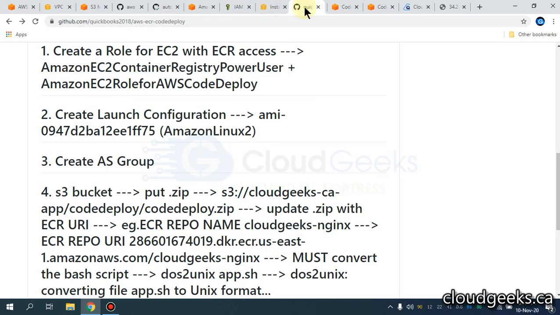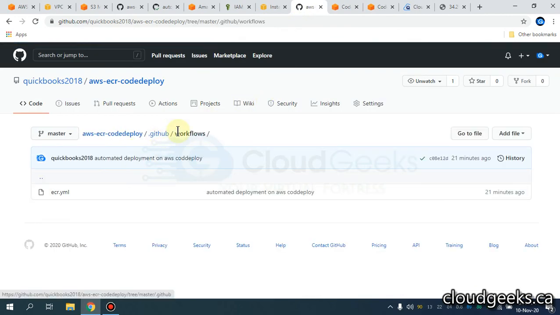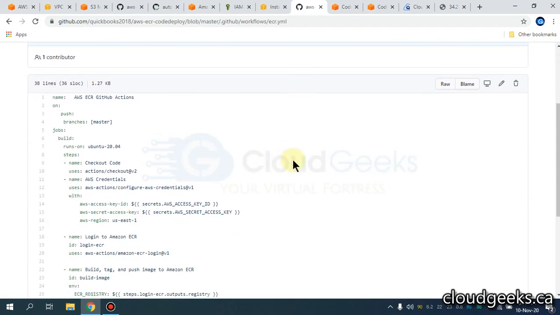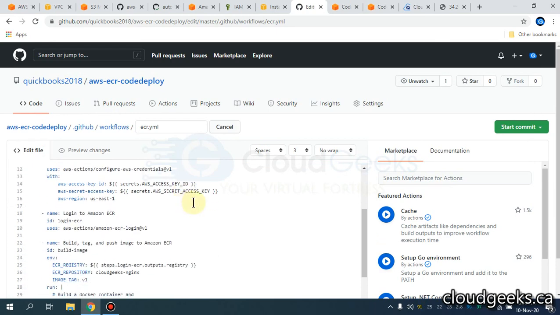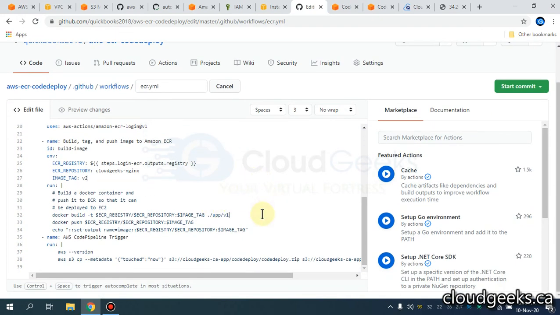So if I navigate to my workflows, I'm going to change the tag to version 2 of my application. I could even update my version 1 and override the existing image of version 1, but what I'm going to do is simply build my version 2 of the application. I've already uploaded the code and I'm going to show you the path. First of all, I'm going to update the tag, and this is going to be built and pushed to the ECR registry. And the path, as I showed you, is in app version 2.